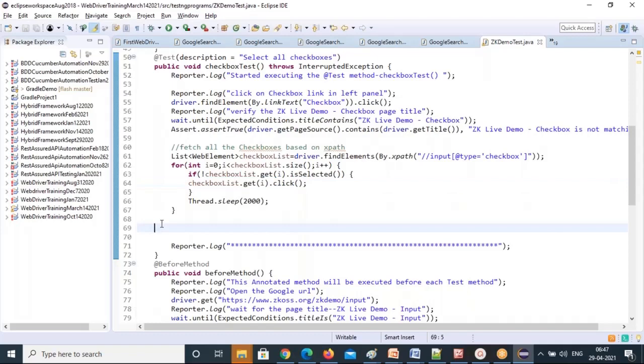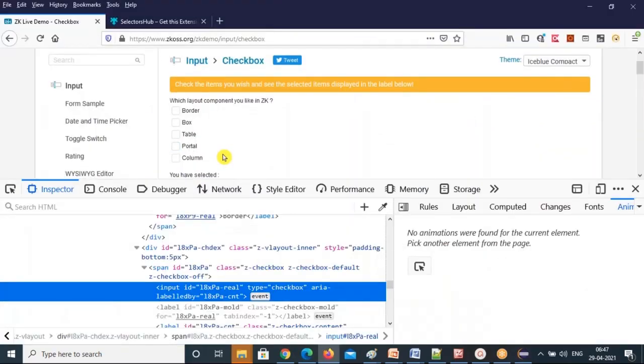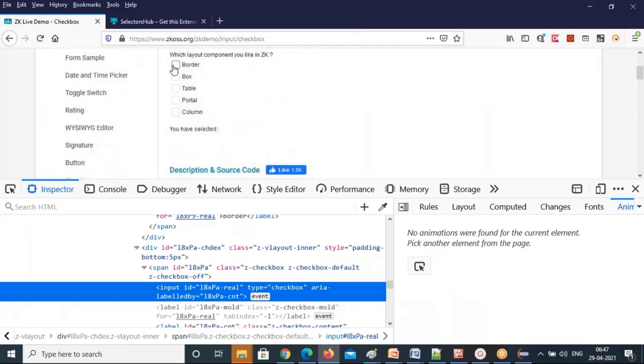Now here, after checking all the checkboxes, you need to fetch. See, now it's empty. So I'll select one by one, right? Fetch all of them. So this text you need to fetch. What happened? Okay, it's processing.